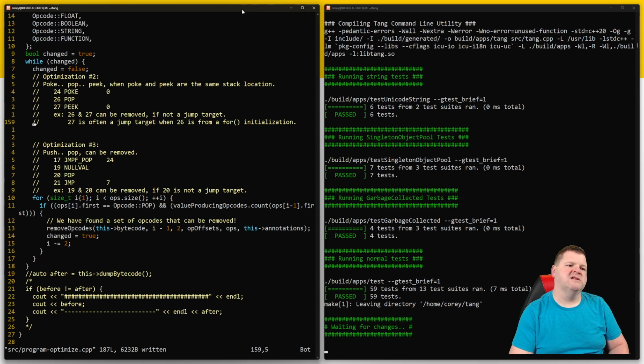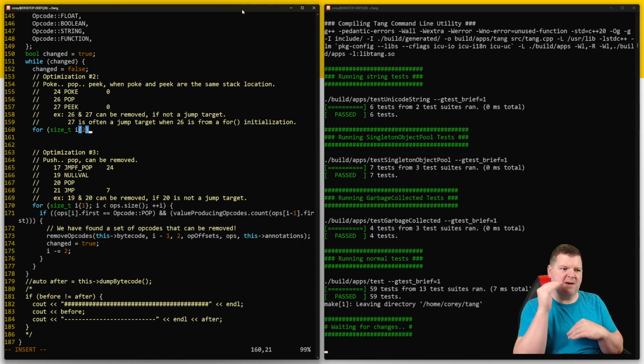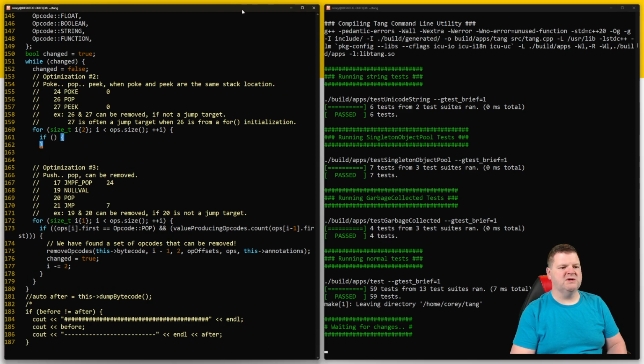All right. So how are we going to do this? Well, we're going to say for size_t i, and we're looking for a 3 sequence pattern: poke, pop, and then peek. So i is going to start off on 2. i is less than ops.size, plus plus i. That is fine. And a big if, and if all of that is true, then